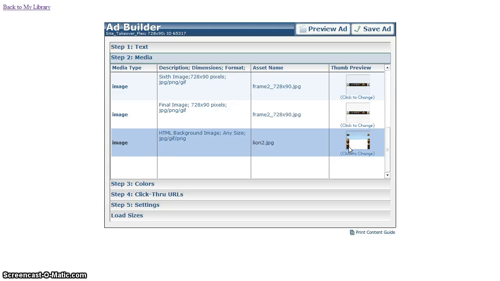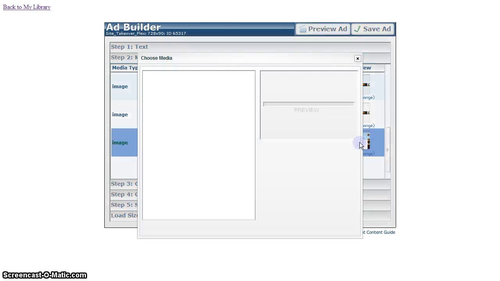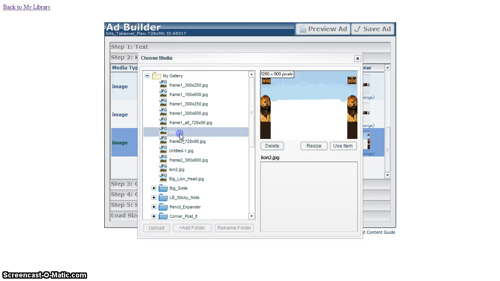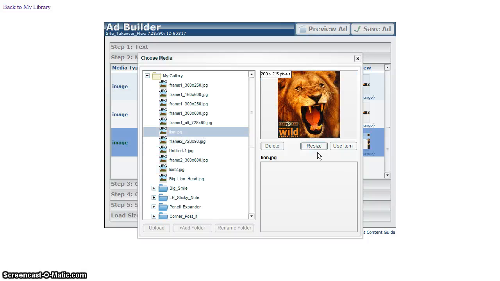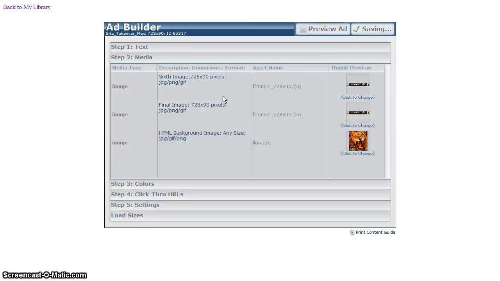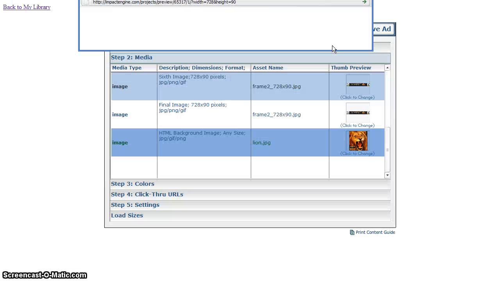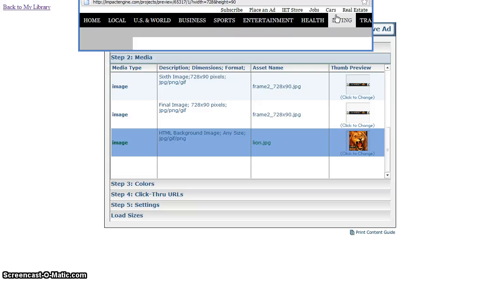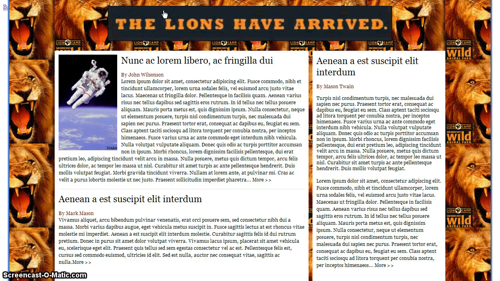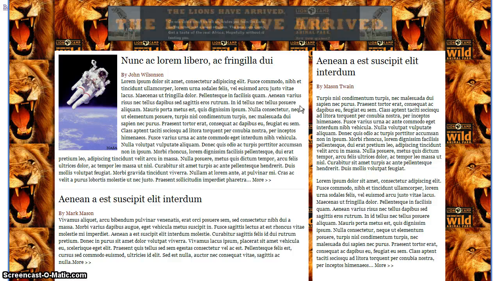So as we showed before, we currently have the version that's running as the entire background, one big image here. If we swap it out for a smaller 200 by 215 image, use this item, we can actually have it repeat behind. So we'll show you that example here. And now once the ad loads, you'll notice we took one image and had it repeat multiple times behind your